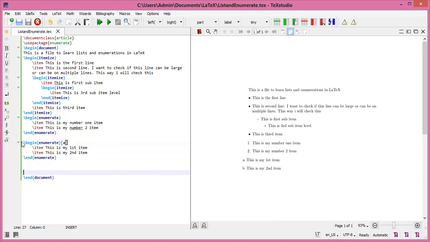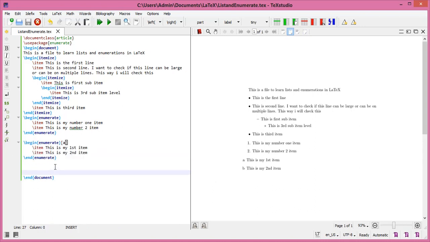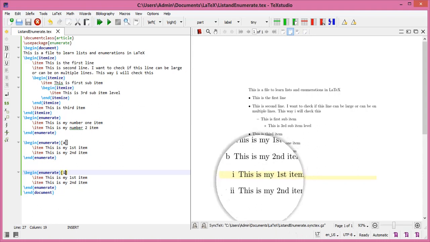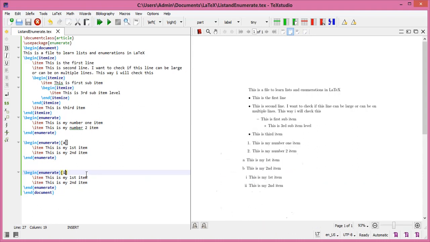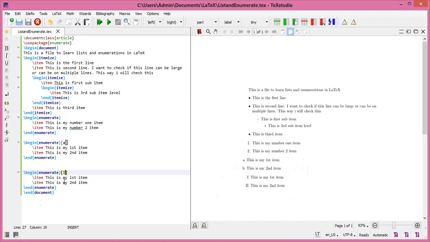Now, I can also put other options. Let's see that. I'm just copying and pasting this. But instead of small a, I'm going to give small i. Okay. Now, you will see how it comes up here in this format of Roman numbers i, ii, iii, etc. Also, you can end up having capital Roman numbers, like in that case I just simply put capital I. So, this case it comes like this. So, if you see that,